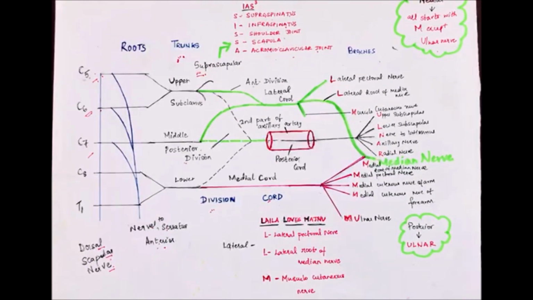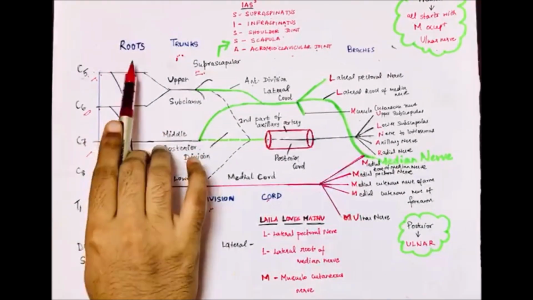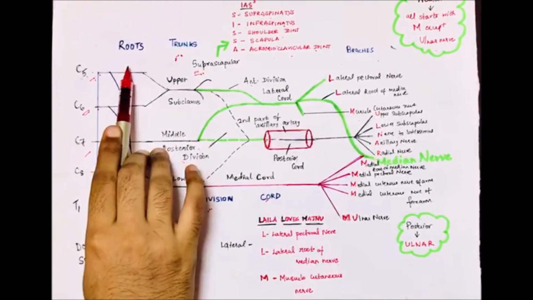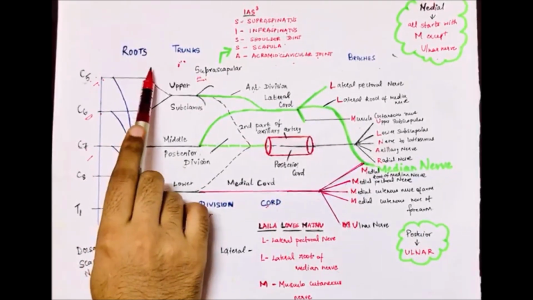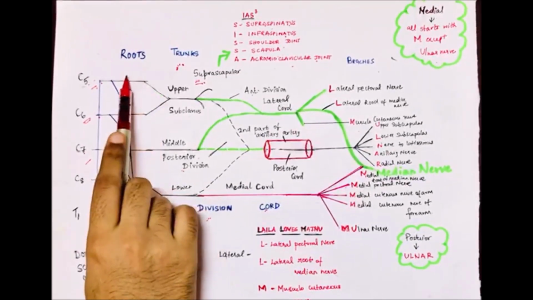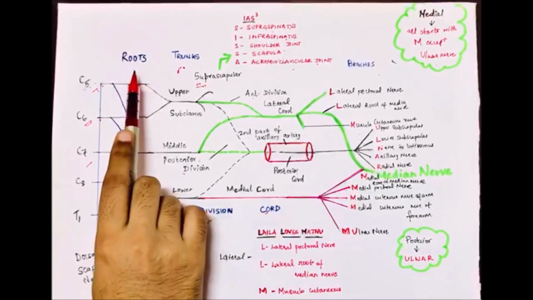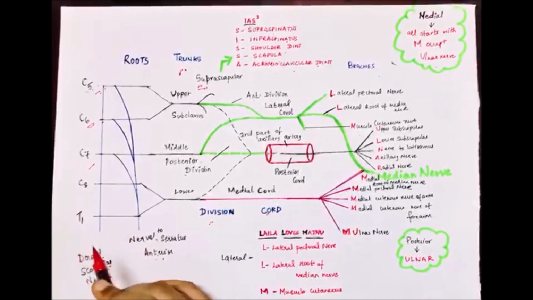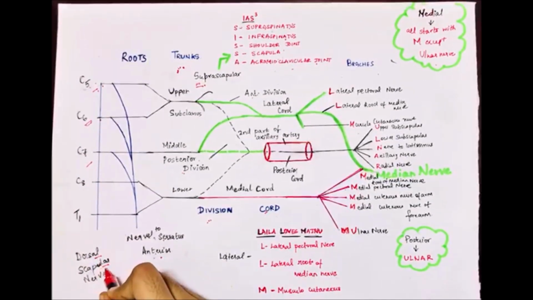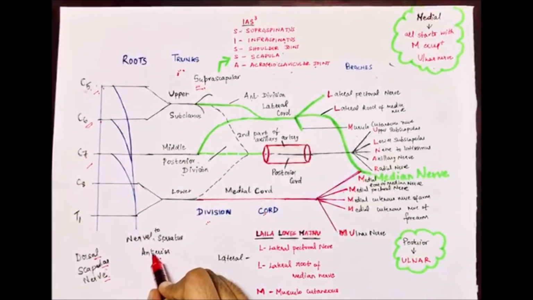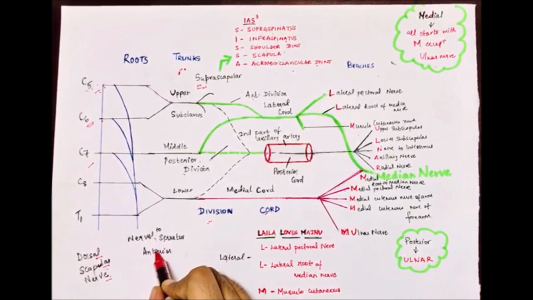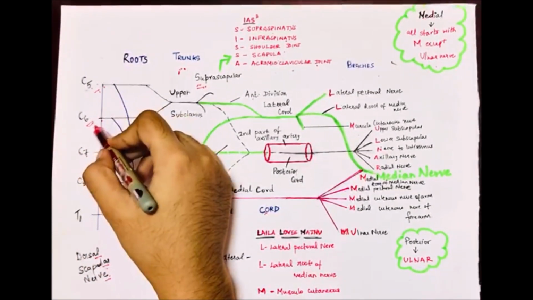So now we are going to start with the roots. The root of the brachial plexus emerges between the scalenus anterior and the scalenus medius muscle. The nerves arising from the root supply the muscles which bring about the protraction and the retraction of the shoulder girdle: the nerve to the rhomboids, which is the dorsal scapular nerve, comprising C5, and the nerve to the serratus anterior, which is the long thoracic nerve, comprising C5, C6 and C7.